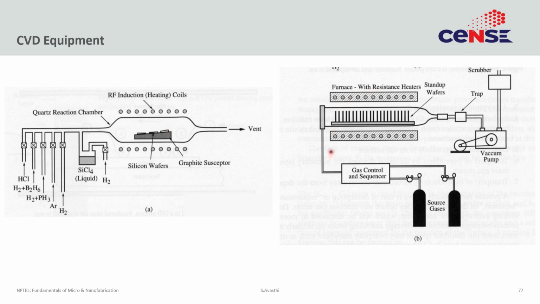Compare this to this system which is probably an LPCVD system. So, you see a vacuum pump to pull the low pressure, you see a scrubber to scrub the exhaust that is coming. You have some gas sources, a very precise gas control and gas sequence. So, which gases to flow and when. This is a hot walled chamber, so you see a resistive heater, you see a susceptor, all the wafers are mounted axially because the flow to a first order does not affect things too much. All you really need to do is maintain temperature uniformity, and you can do that very well with this furnace, right. So, these are the typical versions of CVD equipment that you actually see.